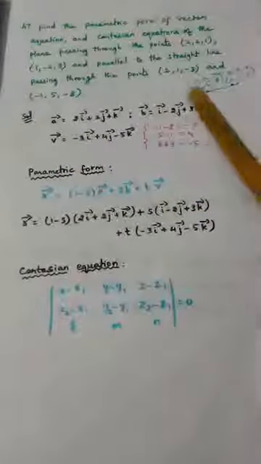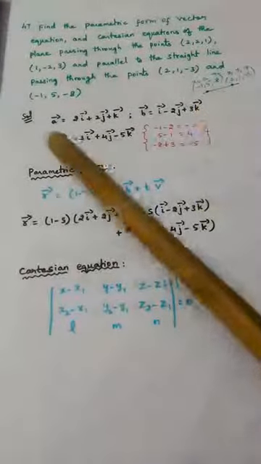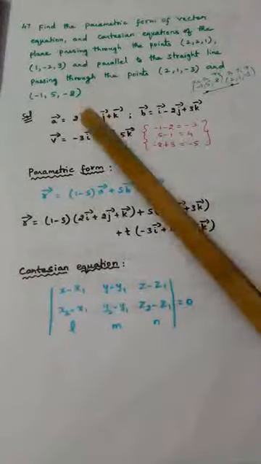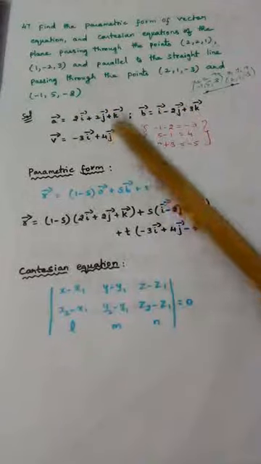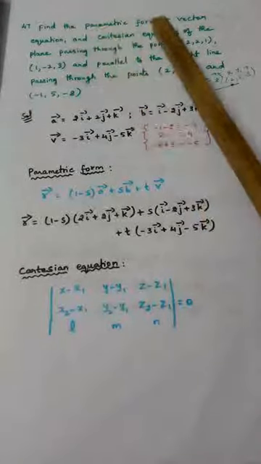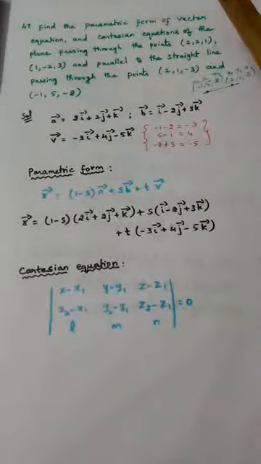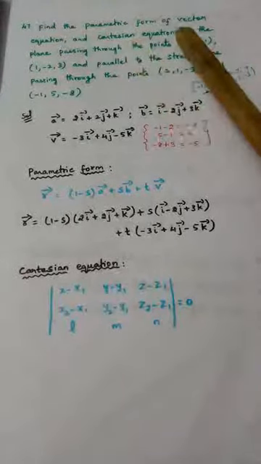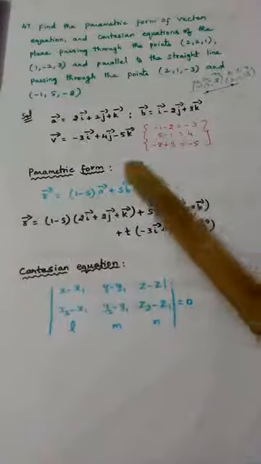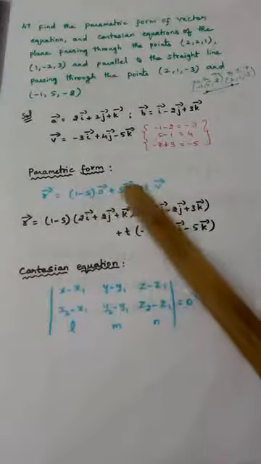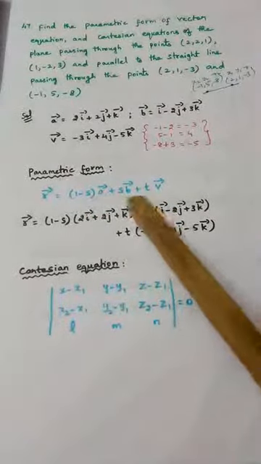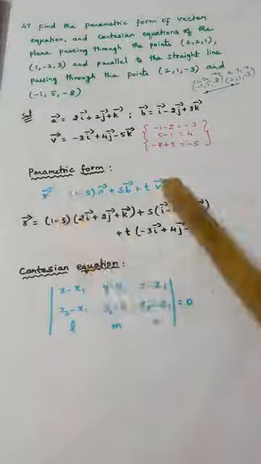So after subtracting, we get v vector. Now I can easily identify what type this plane comes under. Yes, the type is: the plane passes through 2 points and is parallel to one vector. What is the form asked in the question? Find the parametric form. If you see the previous question, they asked non-parametric. Here they are asking parametric, so we should know the formulas properly. For parametric form, first I write the formula. Since the plane is passing through 2 points, I have a vector and b vector: (1 minus s) a vector plus s b vector plus t v vector. This is called the parametric equation.